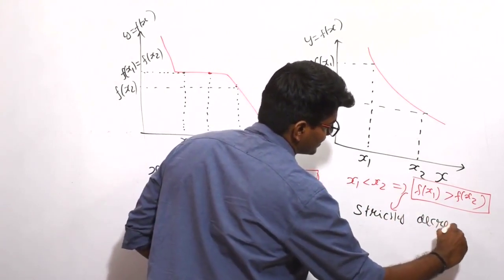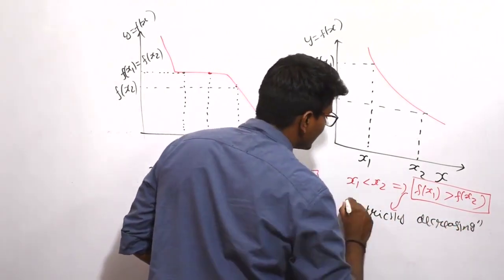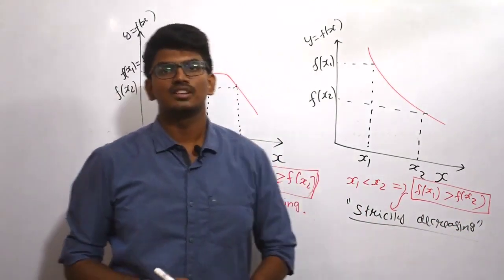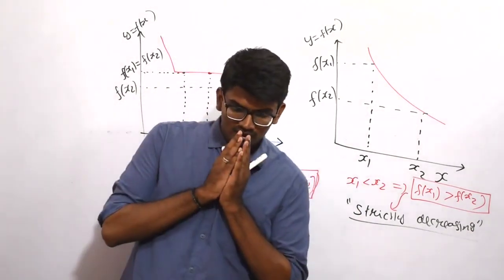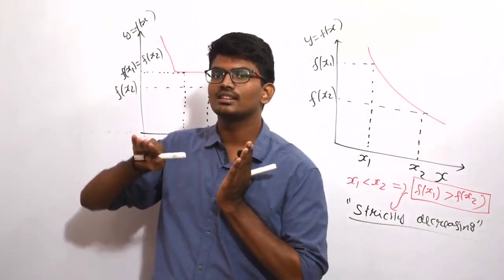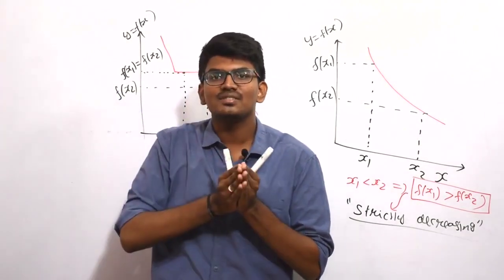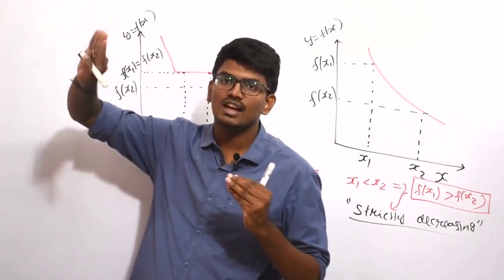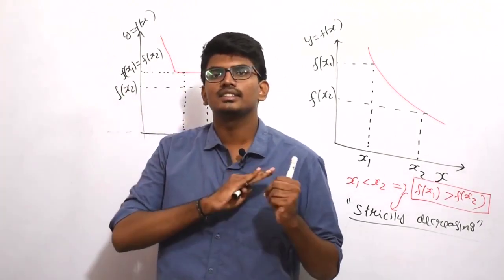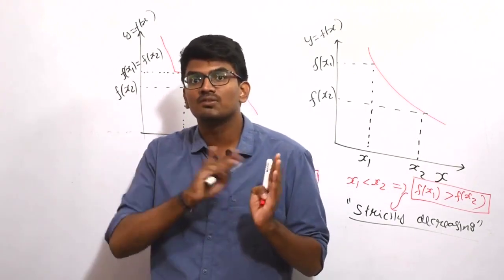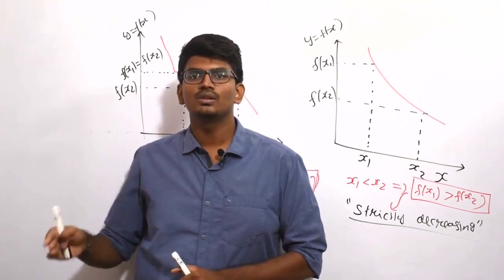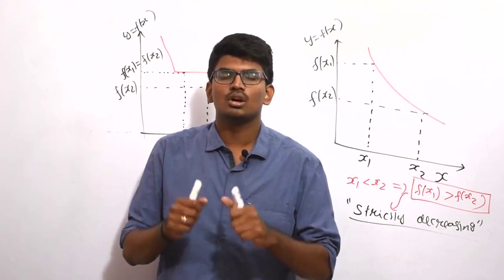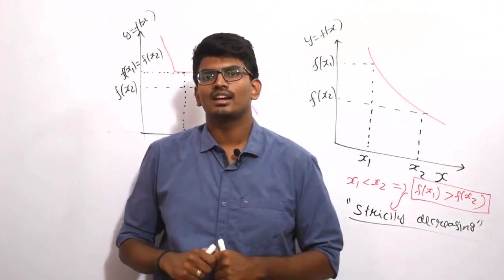It is strictly decreasing. So that is the difference between an increasing function, strictly increasing function, decreasing function, and strictly decreasing function. If it is an increasing function, there can be a constant line, then it can increase. If it is a decreasing function, there can be a constant line, then the value will decrease. If it is strictly increasing, the value will always be increasing. If it is strictly decreasing, the value will always be decreasing. That is, the f of x value will be decreasing as x value increases. So this is the conceptual part, what it actually means geometrically, and how we can find it